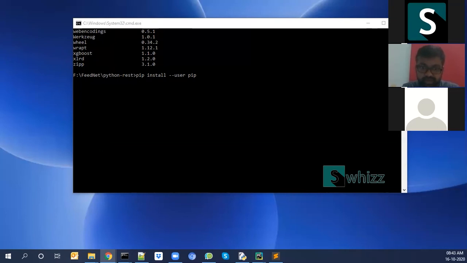You just type this: python -m pip install upgrade space pip. If you give this command, it will update the pip version also.